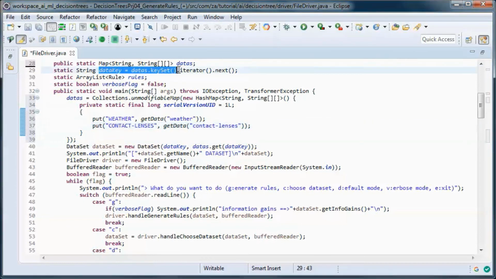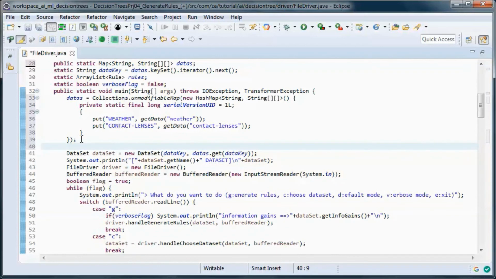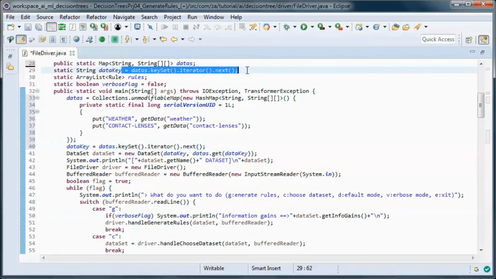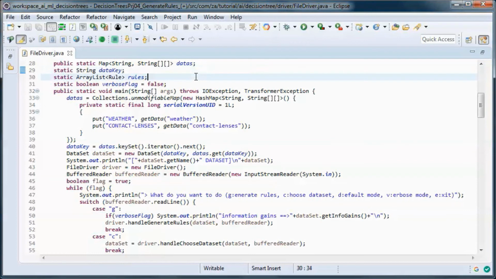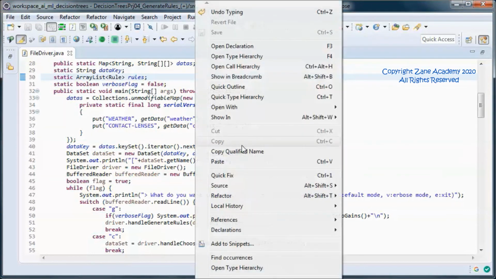And let's copy this and put it here. And this should do it. So let's go ahead and test run it.